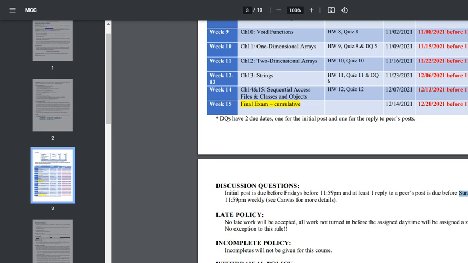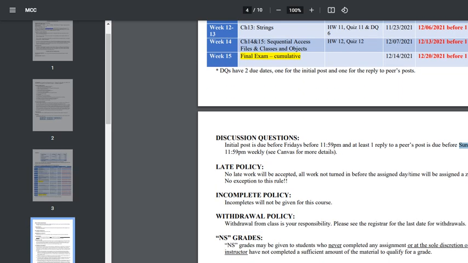I'm not asking for 2, 3, 4, 5, but you'll have to provide content that adds to their original post, meaning you don't just say, oh yeah, I agree with what you did. Yeah, you are correct on this one. Oh, I didn't know this. Oh, I was not aware. No, these are not acceptable answers. Answers have to be more detailed, with content added to what was initially posted. And like I said, 1 single paragraph, like 5 sentences, should be more than enough, and you'll be able to earn 100% on those discussion questions.